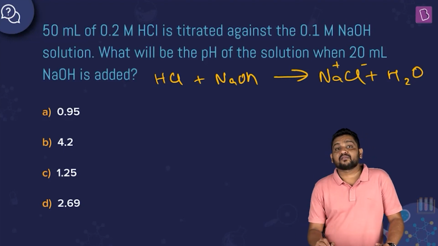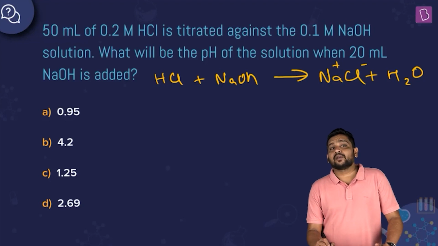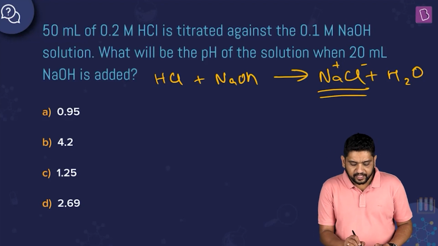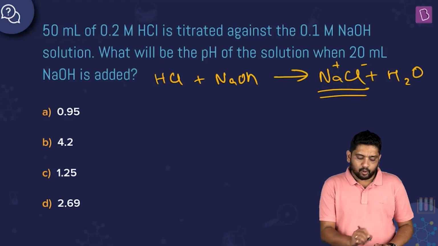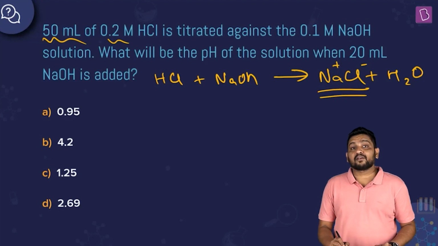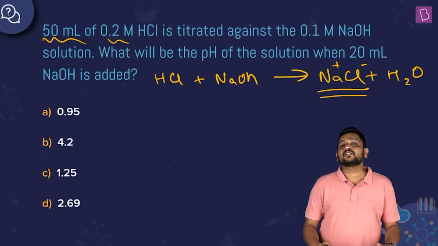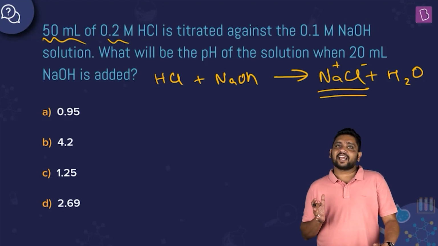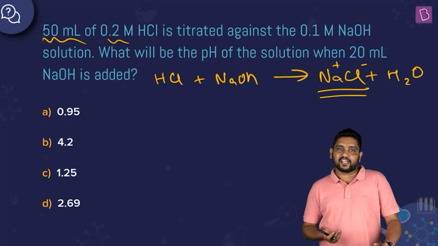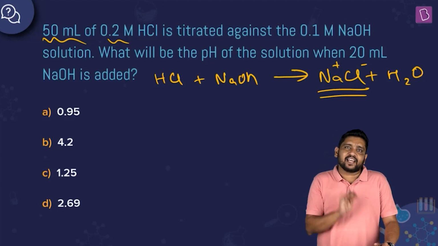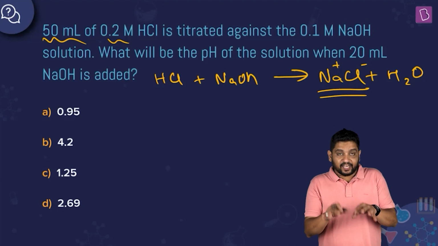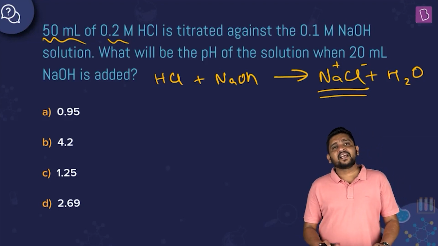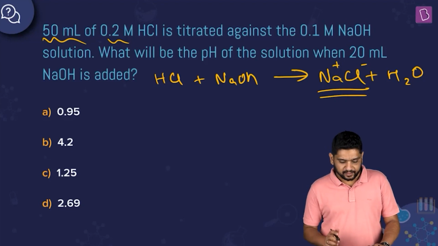NaCl is a salt of a strong acid and a strong base. No salt hydrolysis. A pure NaCl solution will be neutral basically. Now when I'm looking at HCl, molarity times volume in ml gives us the number of millimoles. In such titration questions, for whatever volumes are given, we see how much reaction can take place. Is there a limiting reagent? Is there an excess reagent? And so on. We see the number of moles of different things under the given conditions, and based on that we decide what formula to pick, right?